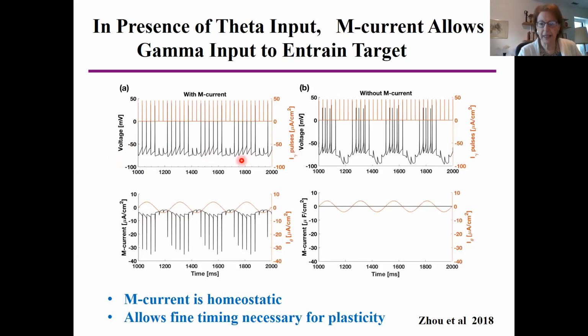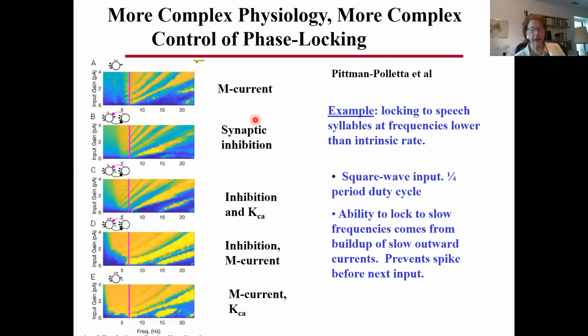And that subtraction of this baseline here is what's allowing for the fine timing. I don't think this is obvious until you start thinking about what currents do. Okay, here is